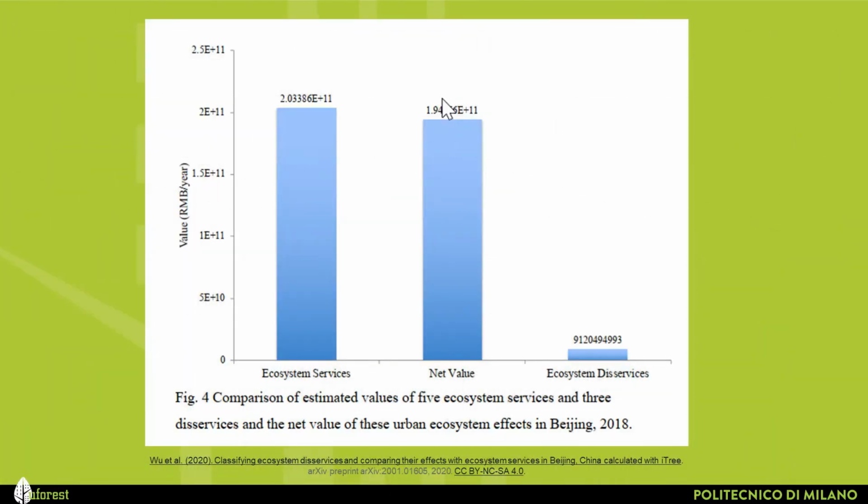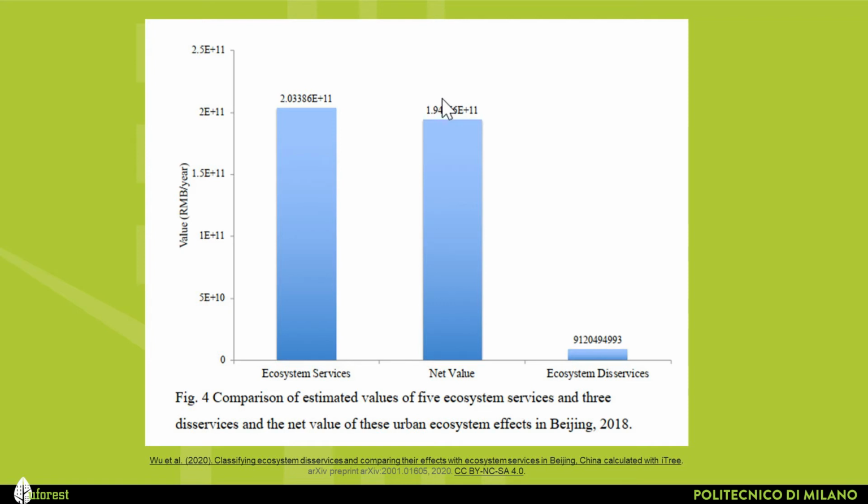So how do the cost of ecosystem services and ecosystem disservices compare? Wu and colleagues from Beijing have been studying how the value of ecosystem services compare to the value of ecosystem disservices in Beijing, China. The ecosystem disservices studied include decrease in water quantity, medical costs due to allergies and other negative impacts of nature, and damage to infrastructure caused by trees, forests, and their roots.